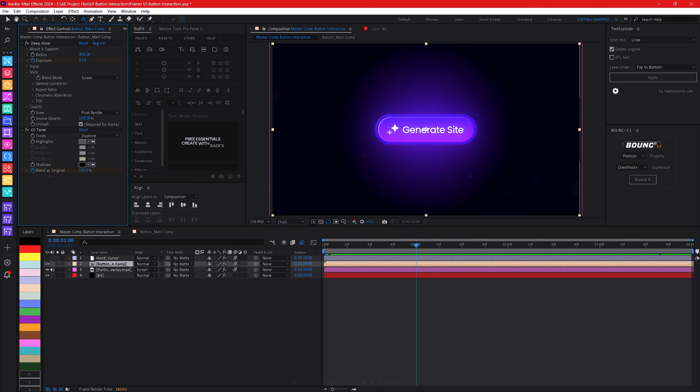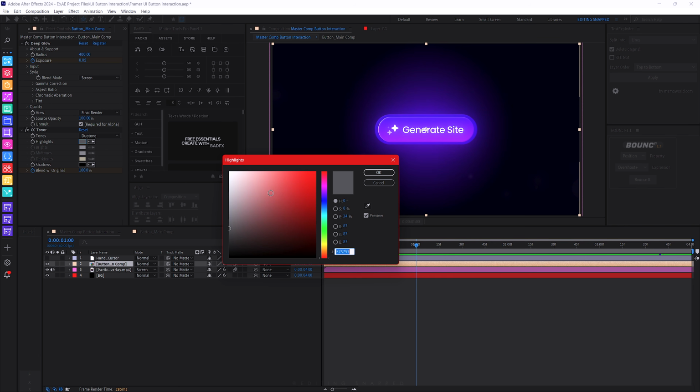And the second effect is CC toner effect, and for the tones set to duotones and the highlight set to a grayish tone and the shadows is set to black. And yeah, let's